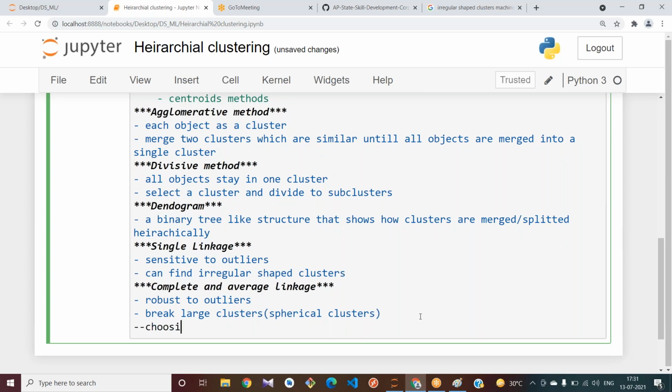After this approach, we look at our dendrogram, see how it is getting clustered, and from that we choose the optimal value of K. Let me write it in bold.